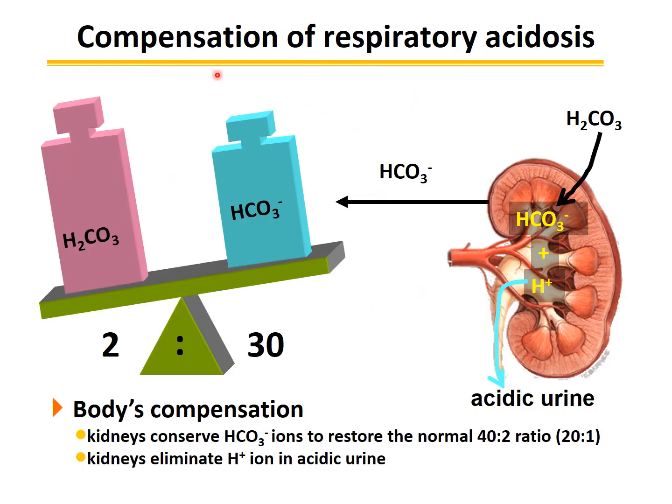Now, how can we compensate this situation? Well, the kidney is going to turn on, and what the kidney does is withdraw or retain the bicarbonate ion to restore the normal ratio. The normal ratio is 1 to 20, and in this case it should be about 2 to 40. But because we cannot completely restore the normal situation, what will happen? We do have about 2 to 30, so relatively the pH is going to elevate a little bit,